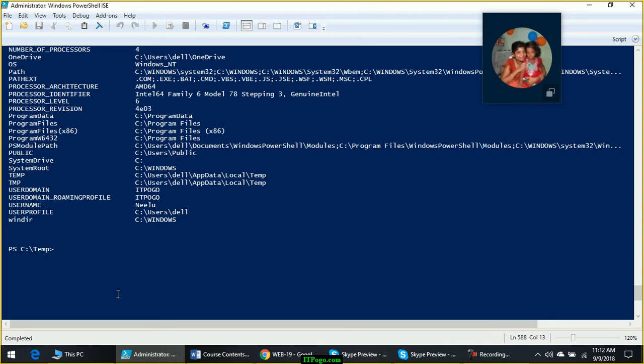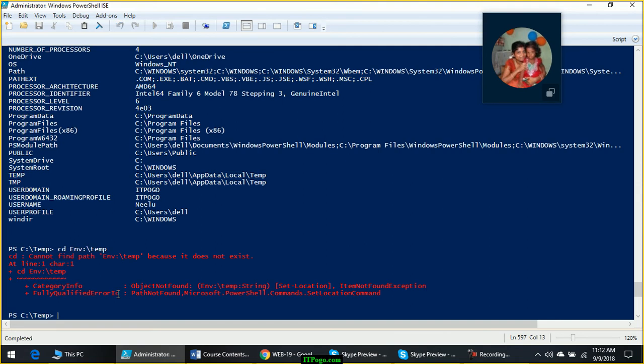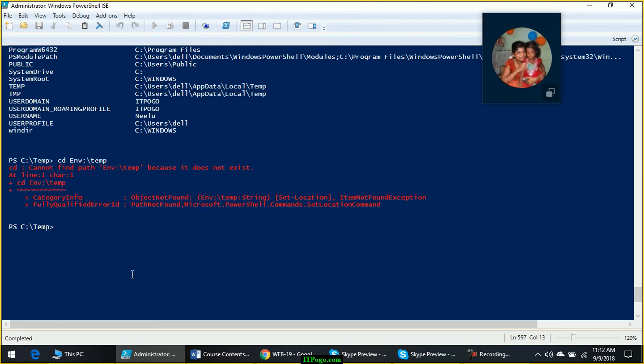Now a few more examples. Suppose I want to get into the temp folder for the current user. I can use cd. In PowerShell you can give env colon temp and check the value. Okay, I forgot to give dollar.